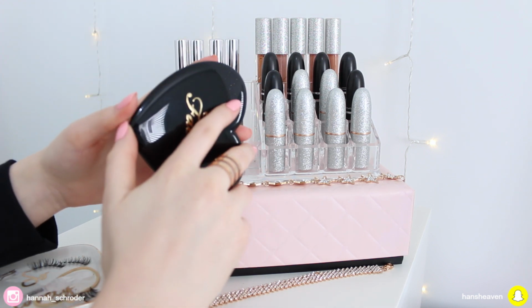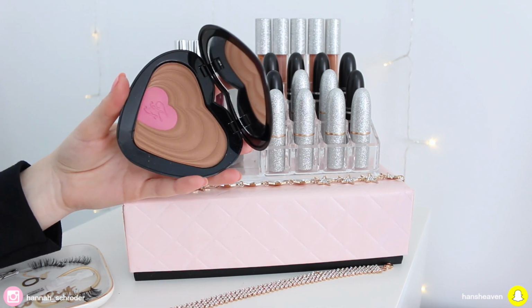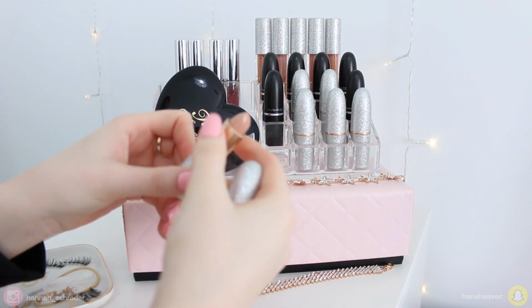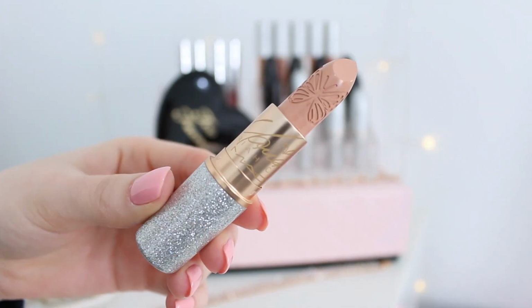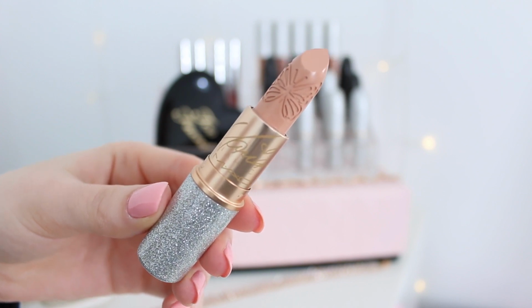So I've got the Too Faced Ross and Rachel Soulmate Blush and Bronzer. I literally bought this just for the packaging, just to put on display. And then, of course, I've got the amazing Mariah Carey and MAC collaboration lipsticks. These lipsticks are that insanely beautiful. The packaging is out of this world. I'm so glad I managed to pick some up, and I got some doubles as well, so that's why I